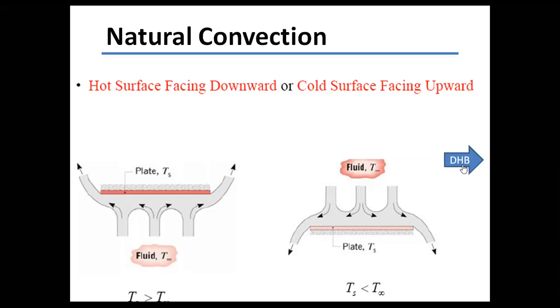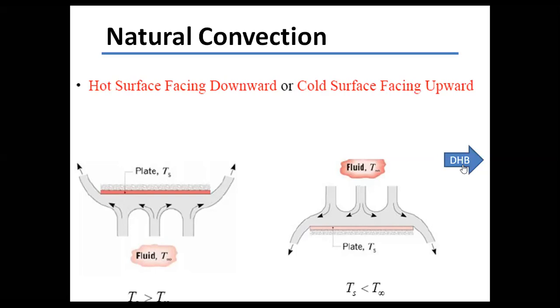If you take this here, the equation is available here. So the average Nusselt number is equal to 0.27 into GrPr, where GrPr is the Rayleigh number, to the power 0.25. This is valid for the Rayleigh number range of 10 to the power 5 to 10 to the power 11. You can make use of the different equations that are available in the data handbook and try to solve the problems.